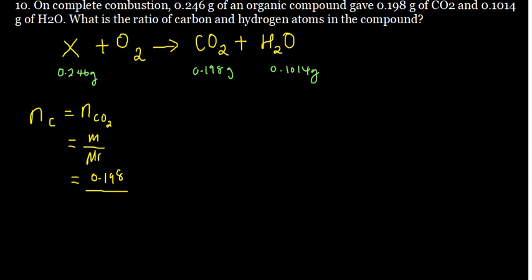For carbon, the molar mass is 12.0107, and we are going to add two oxygens, and for each oxygen the mass is 15.9994. So that is going to give us a molar mass of 45.0095. And then we simply divide 0.198